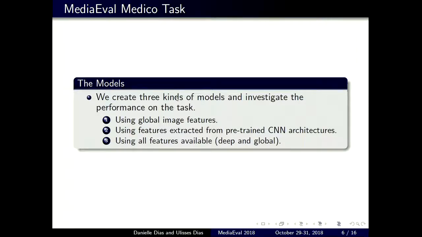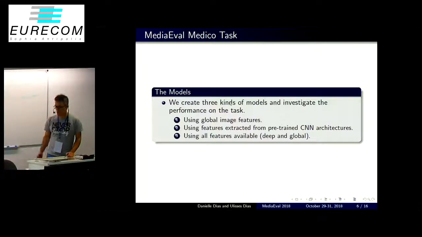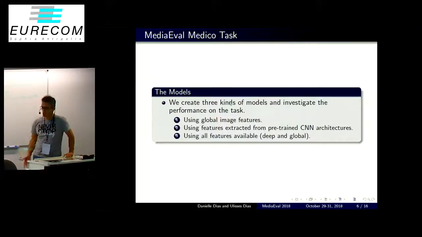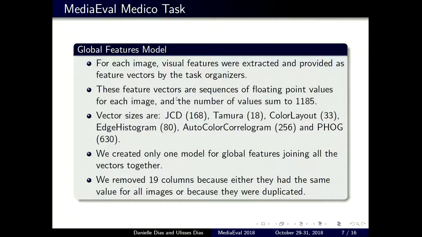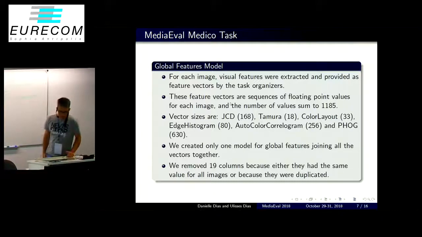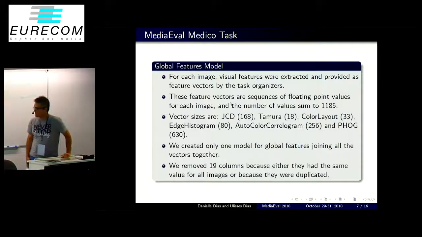And then we used three kinds of models. Models that use only the global image features provided by the organizers. One that uses only the pre-trained CNN architectures, and another one that mixes both of them, deep features and global features. The first one, the global features, used all the features provided and then removed only 19 columns. They concatenated all the features and removed 19 columns because they had repeated or duplicated values, and for